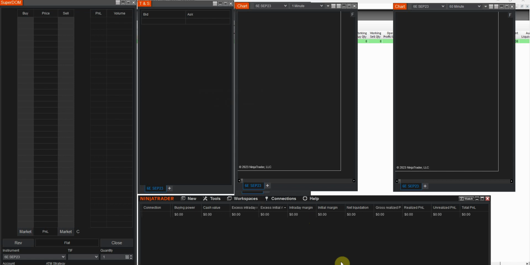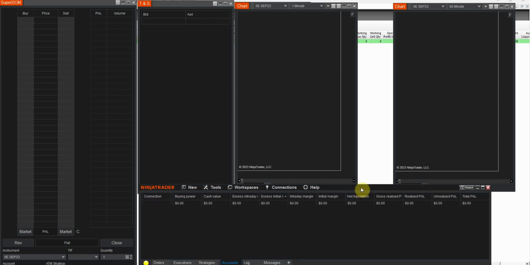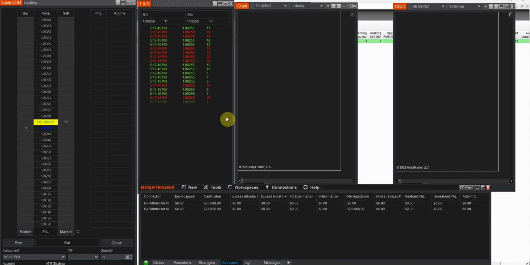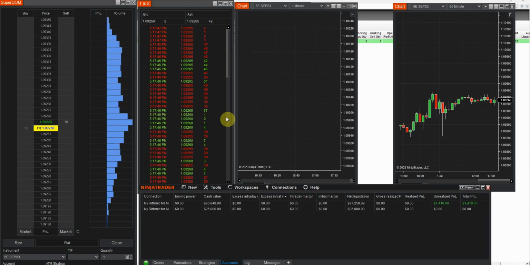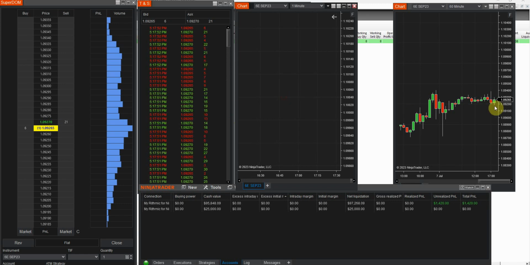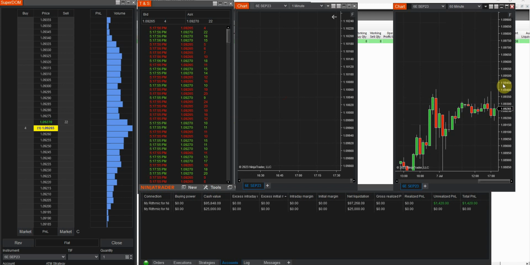Right now I've got a yellow dot in the screen. I'll pull that up a little higher so you can see that. And we're just waiting for the connection to pop through. Here we go. We've got time and sales coming through. We're going to check out the price, as I can see on the 60-minute chart, larger time frame,